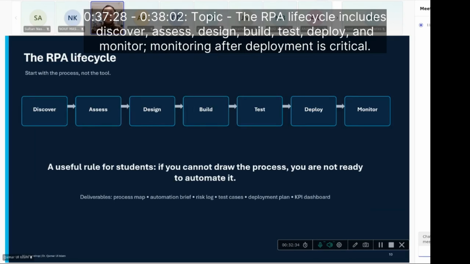Now, this is called the RPA cycle, how the process starts and what the steps are. Okay, the first step we have discover, then we go for assess, design, build, test, deploy, and monitor. This is like a life cycle, and it shows that automation is not just building a bot, building what